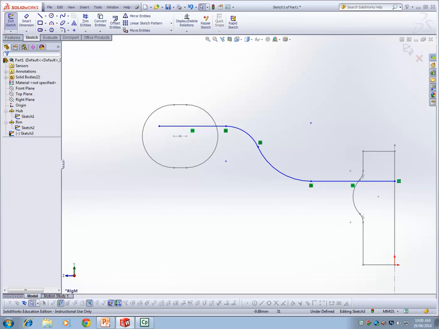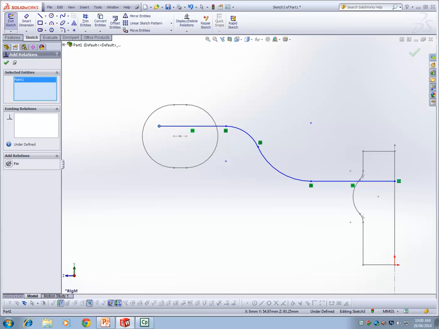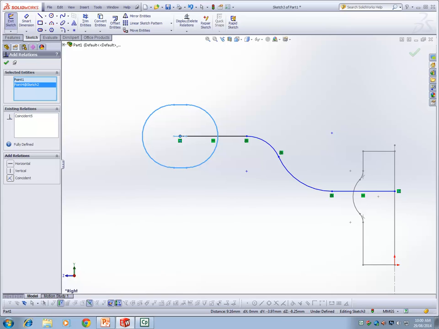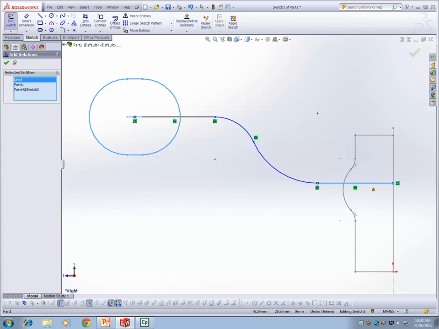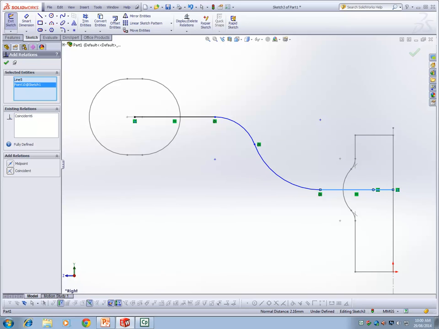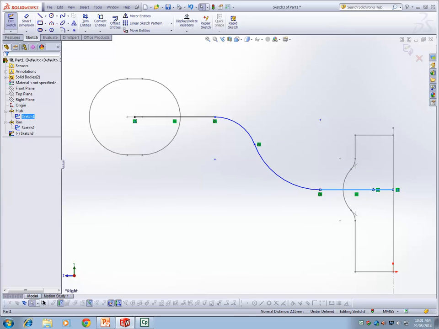Once they are done, you can add relationships now. Add a relationship between this point and the center point here. You want them to coincide. I have coincided that. Then later you want one more relationship between the center point of the curvature. So select the line and the center point. You want them to coincide. This is what you coincide, because in case you change any of these diameters here, it will automatically hover onto that center line. See, the coincidence on this axis is also equally important. Coincidence with the origin point here in this case. Okay, so make sure that you have all these relationships in this particular path